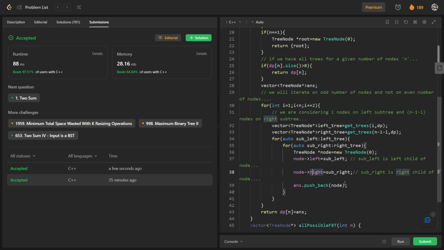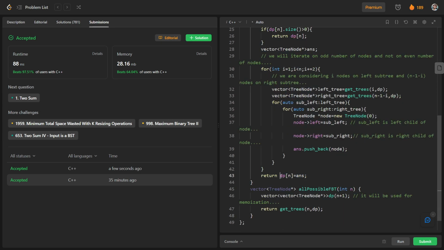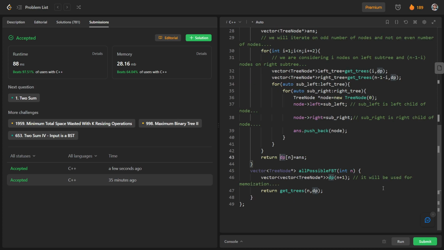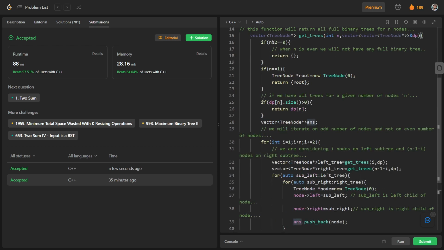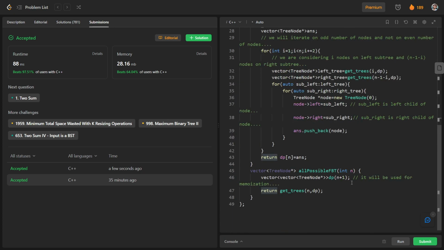We got our node, we are storing the node in a vector, and we will just return it. For memoization we have used this dp vector: if dp[n].size() is nonzero, meaning for a given n we already know all the trees, we will just return dp[n]. In this way we can solve our question.